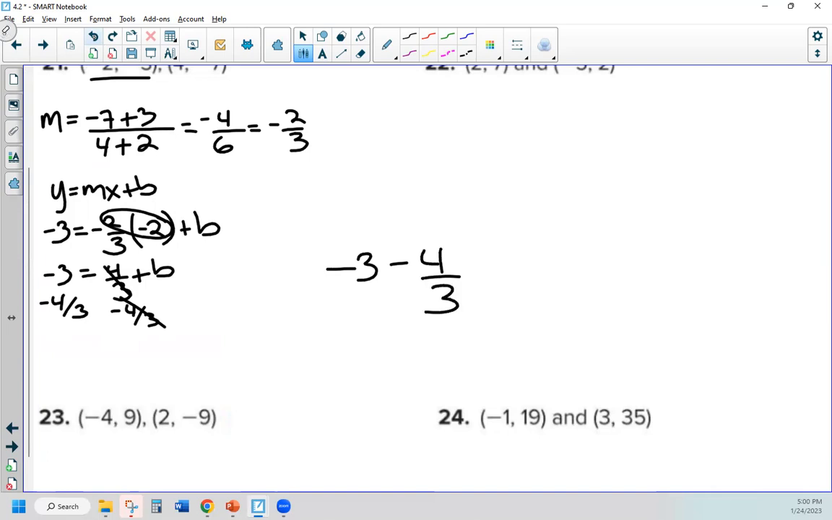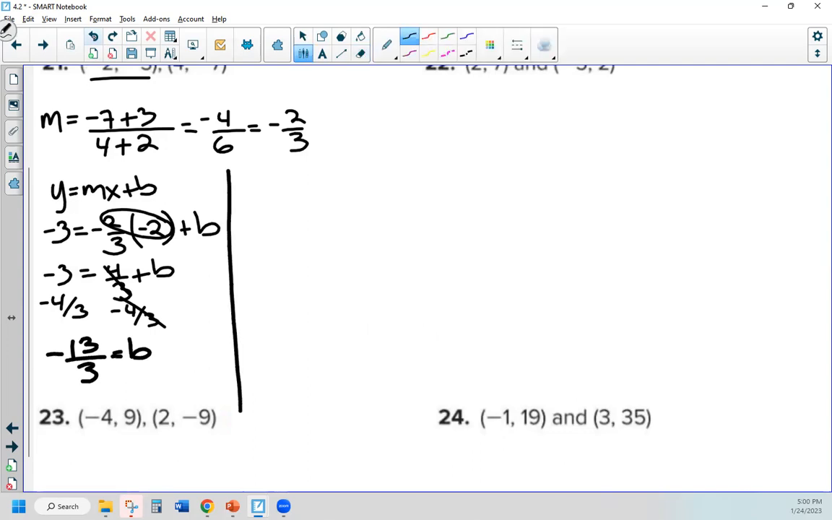I want to change 3 into a number that is equal to 3 that has a denominator of 3. So what number has a denominator of 3 that equals 3? And that would be 9. Okay, so we actually have negative 9 minus 4. Negative 9 minus 4 is going to give us negative 13. We're going to keep the same denominator. Woo! This is a lot. All right. So this right here is our